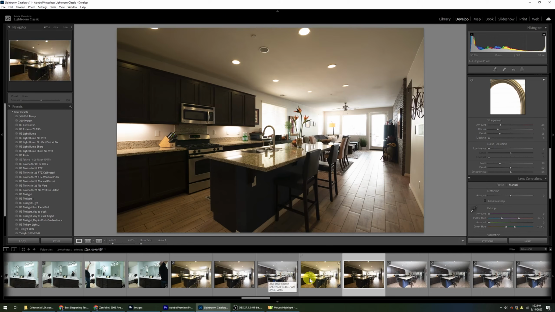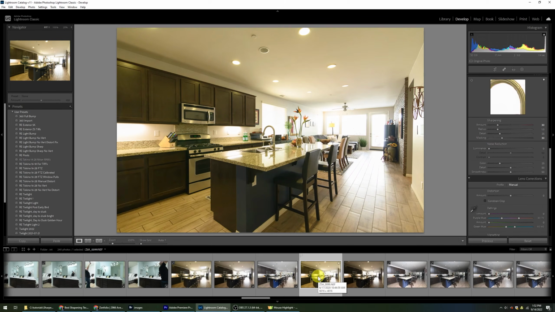When I import stuff for pre-processing, the pre-processing preset I use uses these sharpening values, which is less, just a little bit of sharpening at 30. And here's an important one, the masking is set to 30. This is something that's often overlooked: using some masking, we're able to control better where the sharpening